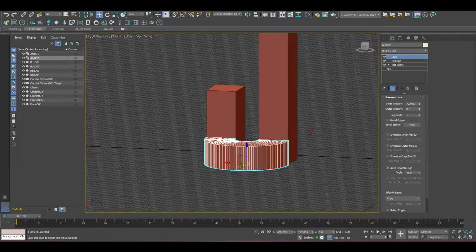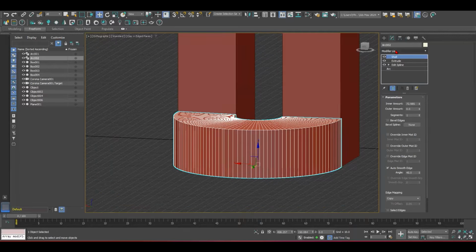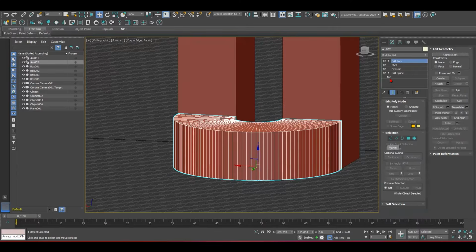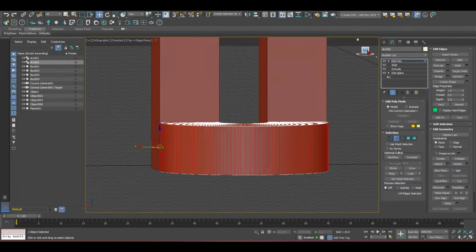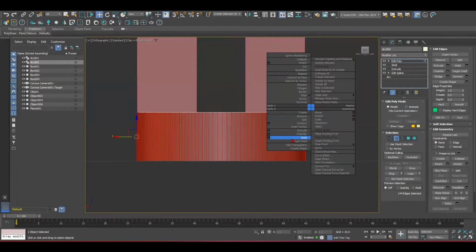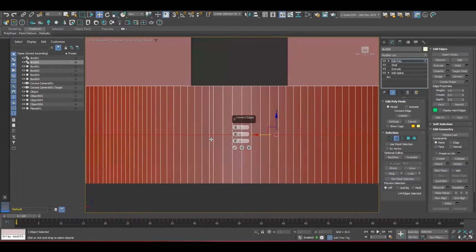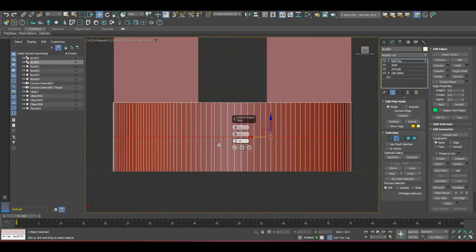So the next step is gonna be edit polyline, edit fully. This way I can just select the edges, all of these edges, and right click, connect. Once I start connect, I will see a red horizontal line that connects all of the edges.